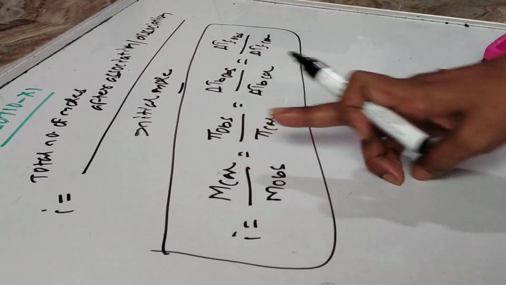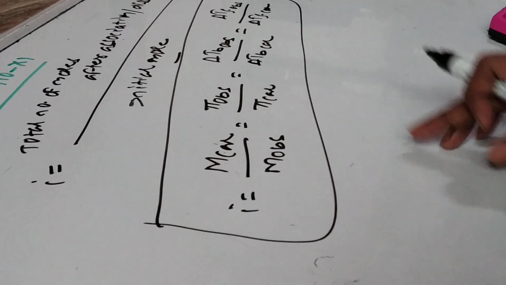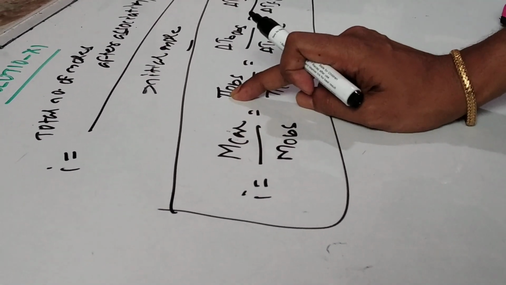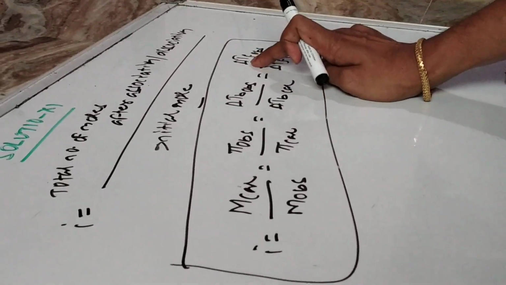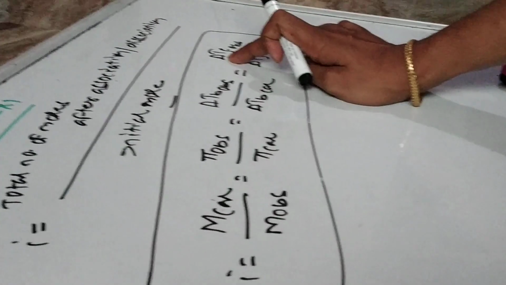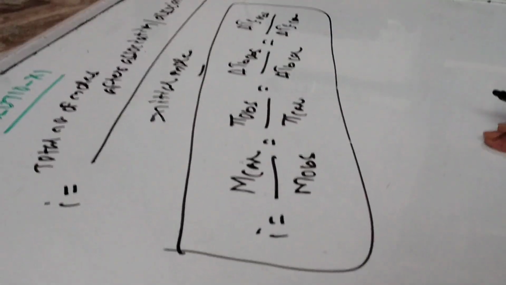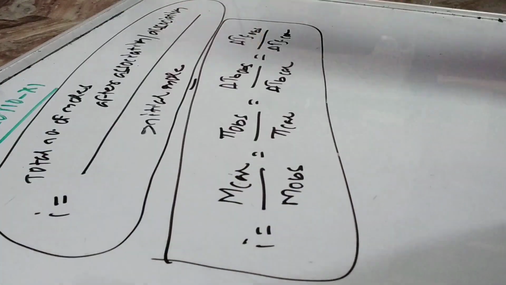Calculated value means theoretical, observation means experimental. M stands for molecular mass, pi stands for osmotic pressure, delta Tb stands for elevation in boiling point, and delta Tf stands for depression in freezing point. And we'll study all this part in colligative properties. I will go for how to calculate the i value by using the formula first.